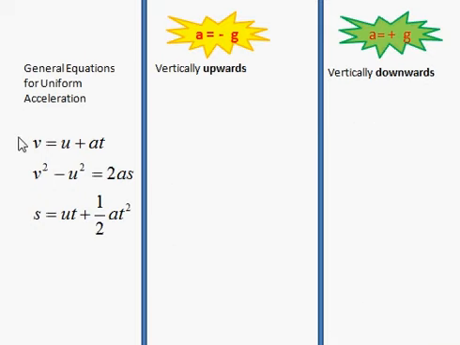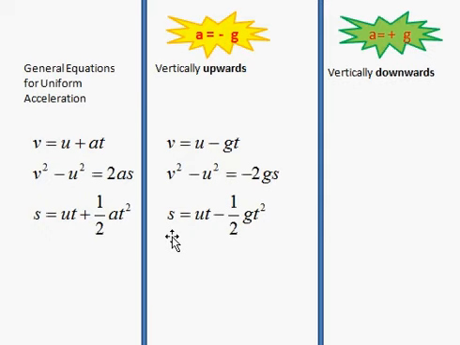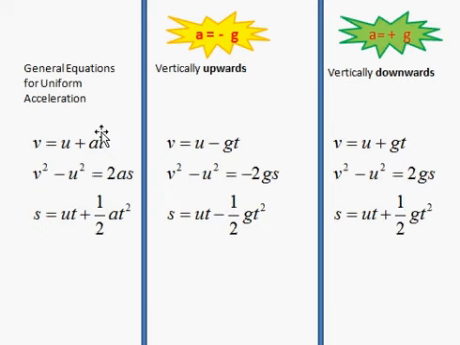Now let's move back to the general equations. In order to apply these equations to the body which moves vertically upward, I'm going to introduce minus g in the place of a, and doing so we get these equations, and on further modification we get these three equations. Now let's see what happens when these three equations are applied to vertically downward direction motion. I'm going to introduce plus g in the place of a, and finally we get this,